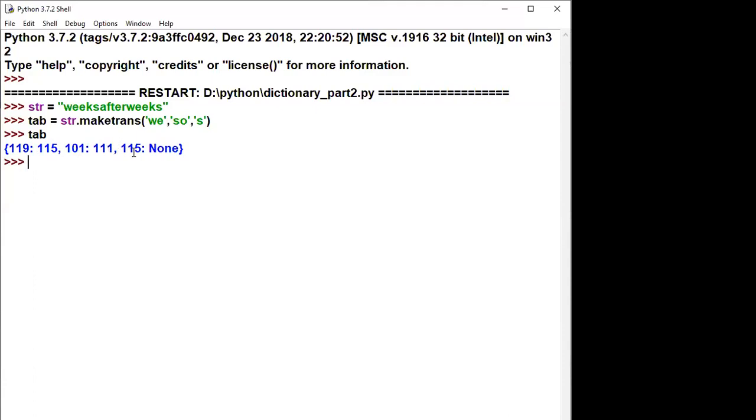Again, the ASCII value for S is 115. Wherever S appears in the input, that must be replaced by None. It means it must be removed from the input string. This is the meaning of the table.